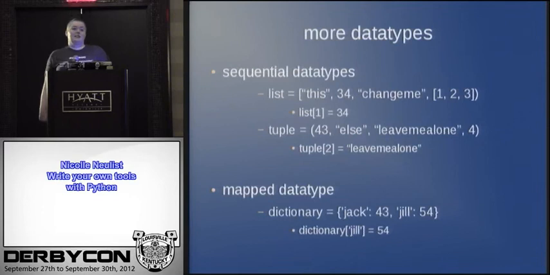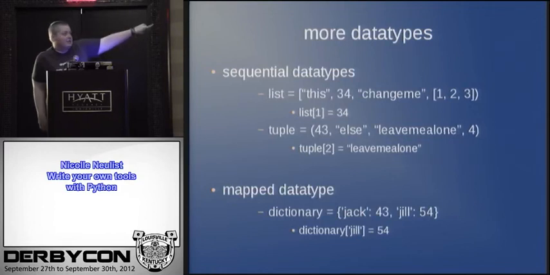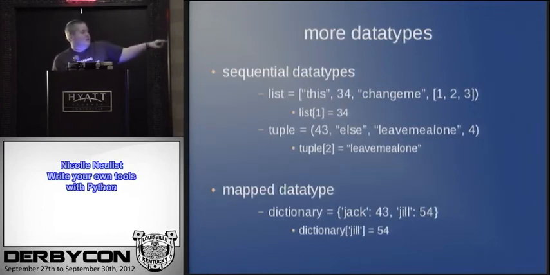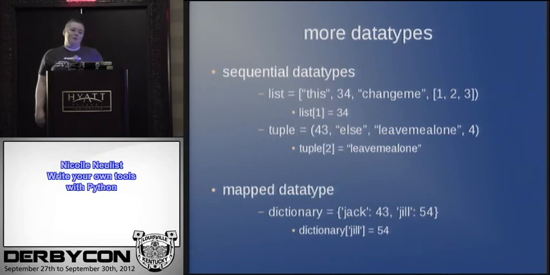There are also sequential data types, lists and tuples. Lists are with square brackets, tuples are with parentheses. You can have anything you want as an item in a list. As you can see, in list there, we've got strings, an integer. We've got a list within the list. And actually, I've got a typo in there. That last closed paren on list should be a second closed square bracket. I will fix that before I upload this slide deck to my site. And I'm really sorry for the typo.